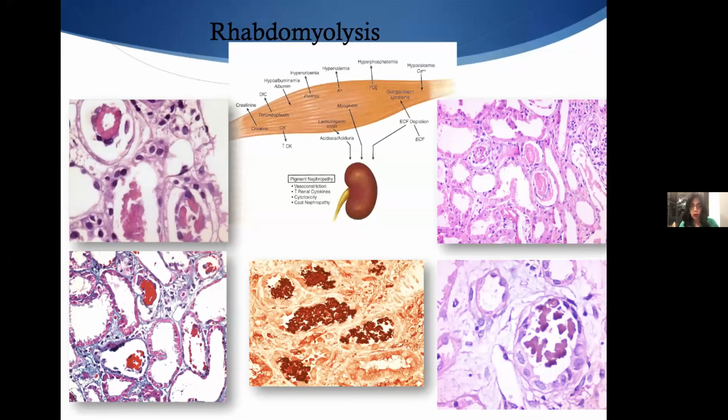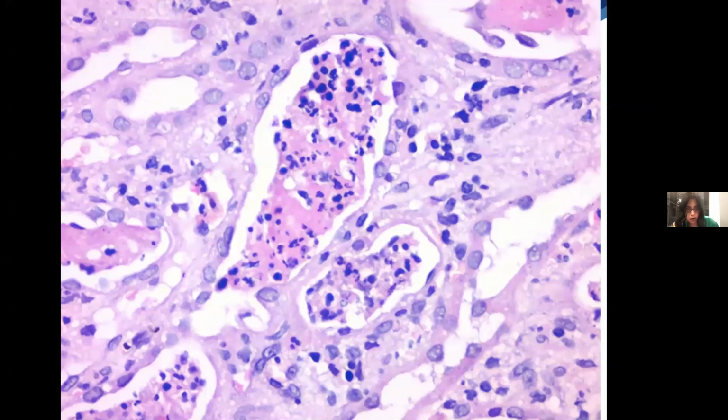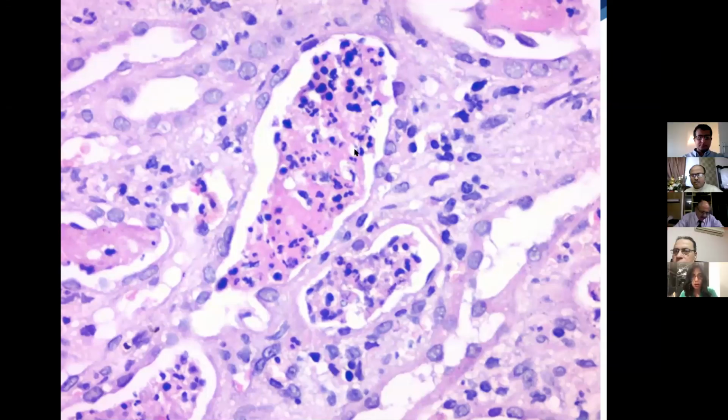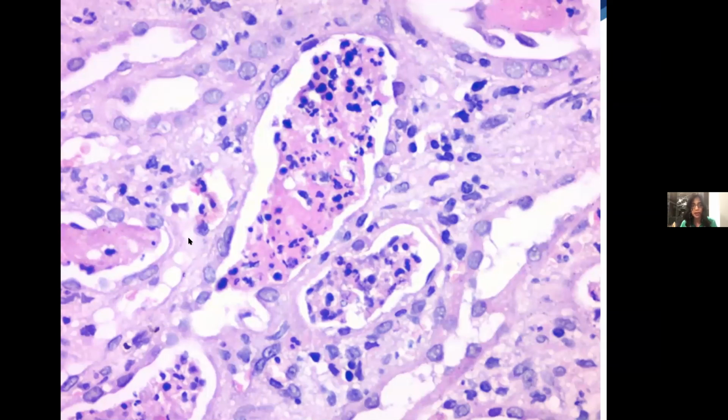The more important differential diagnosis is pyelonephritis. Look at this cast. Now, this is a nice inflammatory tubular cast, which does not look anything like all the casts I have been showing you. It looks completely different. This came from a patient who was 36 years old, who presented with sudden acute renal failure, and I think he was hypertensive, and there was no cause. This was his biopsy, and it looked like an acute pyelonephritis. However, there is no reason at all for a healthy young man who is only suffering from